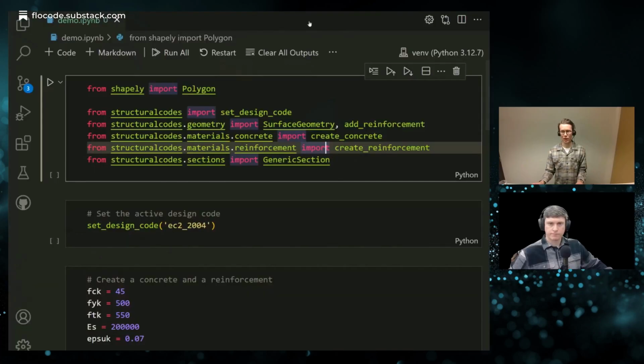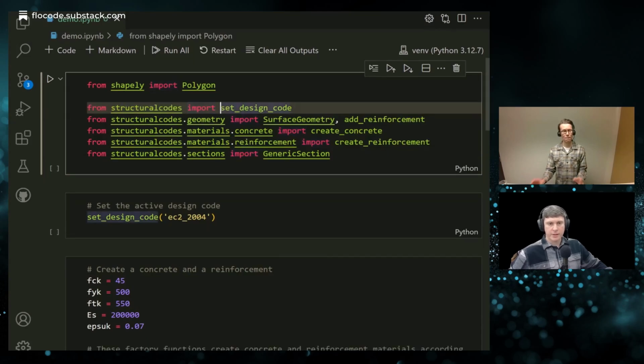Let me share my Visual Studio Code window as well, and we can start exploring this a bit more. And please feel free to interrupt along the way if there's anything which is unclear. So I guess before we jump into the actual code here, are there any specific extensions that you like to use, or what way do you suggest people work with structural codes? I use Jupyter notebooks personally in VS Code, just like what you're doing right here. This is how I typically do it, and I'm guessing that's what you would probably recommend.